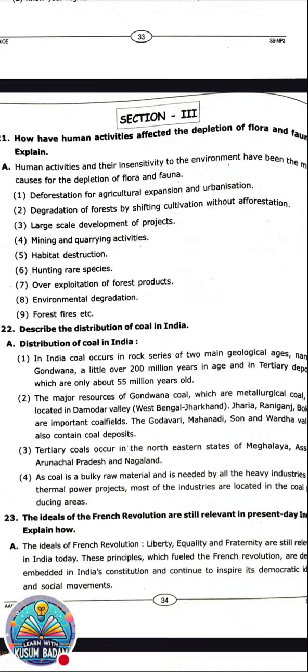Only 4 points are there. The first one is related to the old one and new one. Then the second one, where the old is there, where the new is there. The old one is in the southern states, the new is in the northern states. Then the last point, where the coal mines are deposited. Answer over. Let's move on to the 23rd answer.